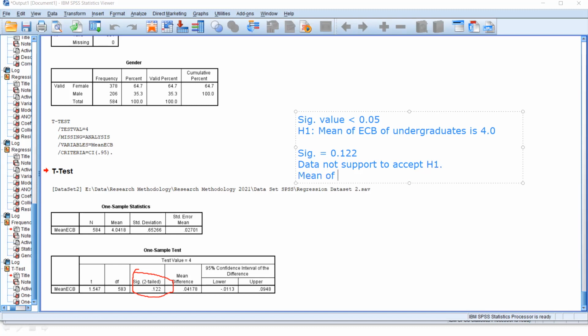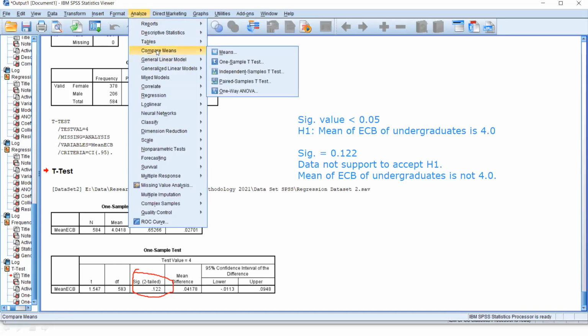The mean of ECB of undergraduates is not 4.0. Right? This is the one sample t-test. We gave the absolute value and tested.